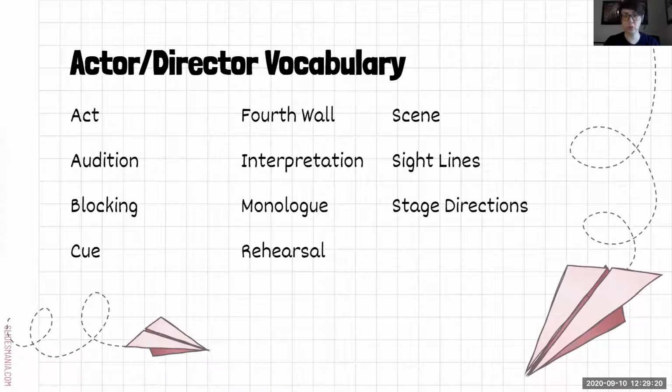Okay, interpretation. What does interpretation mean? What does it say on the sheet? How you think of something? Okay. Yeah. The sheet says choices that an actor and director make, right? So